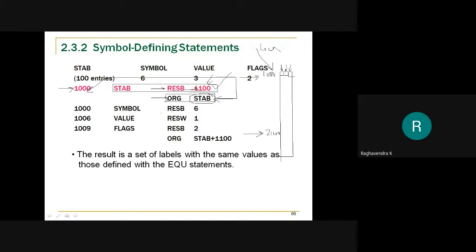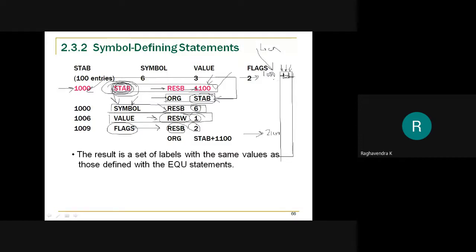So now I know that the symbol value is around 6 bytes. So instead of using equate, now I am defining clearly that the symbol would require 6 bytes. And the value field is one word, or 3 bytes. 3 bytes is nothing but one word, so I can directly use reserve word 1. And then flags requires around 2 bytes, so I will reserve byte 2. I have mentioned where exactly these things are without using this reference. So without using this particular reference, I have redefined it.